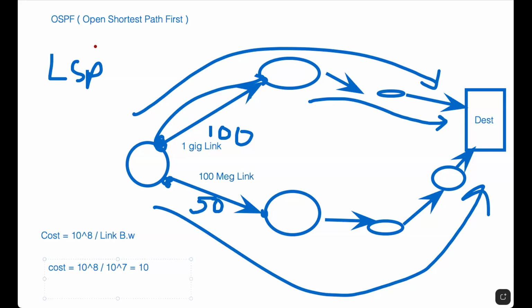For 100 meg, or let's say 100 meg is also the same as the gig, right? So I want to make a correction. Let's say 10 meg, a 10 meg link. Cost is equal to 10 to the power 8 divided by 10 to the power